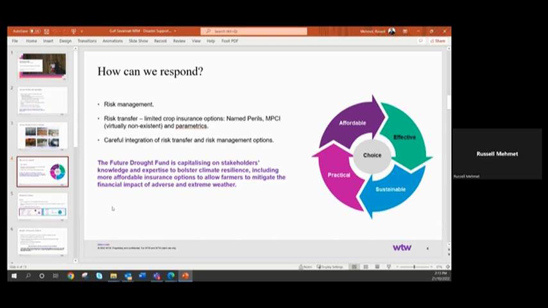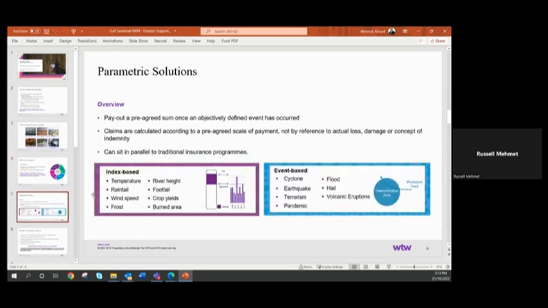And that's what the Future Drought Fund is, that final note there that Marcus would be well aware of. And we've been working with JCU's Future Drought Fund project, and also with University of Southern Queensland's project in assisting there. So that next one, Parametric Solutions, and that's the approach that we've concentrated on through these projects, is what's called parametric solutions, or insurance, or index based. So it means the same thing.